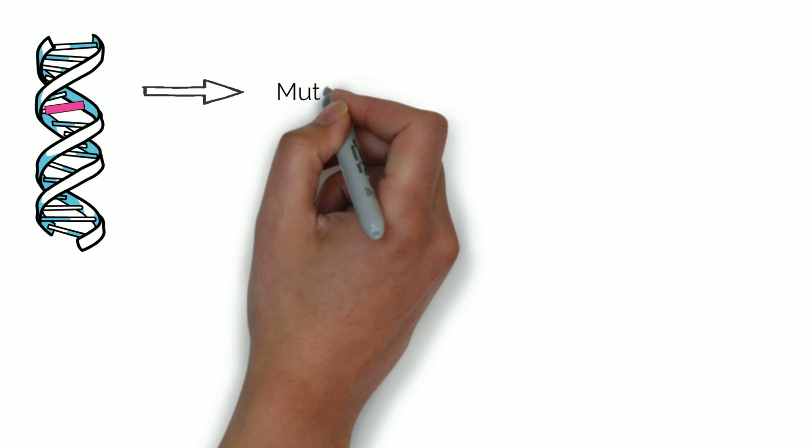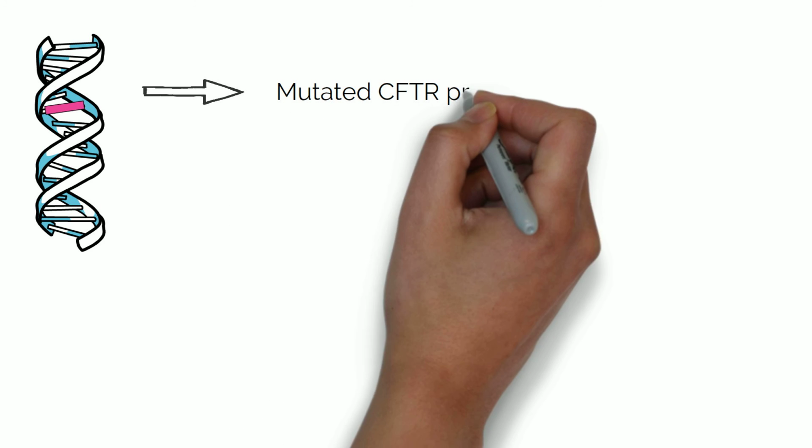Now let's correlate the functions of these organelles with cystic fibrosis. As mentioned before, this disease arises from a genetic mutation. There are actually several mutations which lead to cystic fibrosis, but we are focusing on the most common one. This means that during the transcription and translation processes, the CFTR protein which is synthesized is slightly different than what